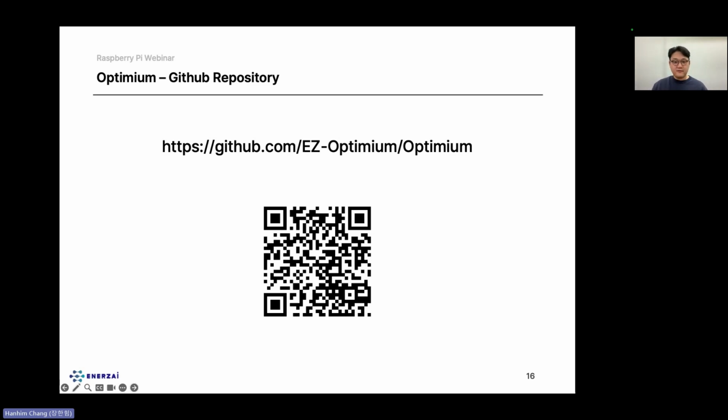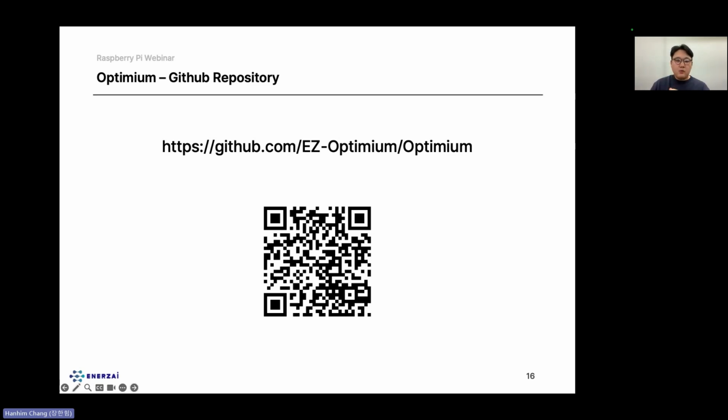And if anyone here today is involved in any kind of Raspberry Pi community, please kindly share this information with your members. And to share some more background, Optimium is running a beta, so you can sign up for the free trial beta. The beta link is included in this repository, so you can find it via this QR code or this link. I've also updated the tech blog links, some demo videos, and team websites where you can find more information about our technology at the GitHub repository. It'll be great if you could visit after this webinar today.